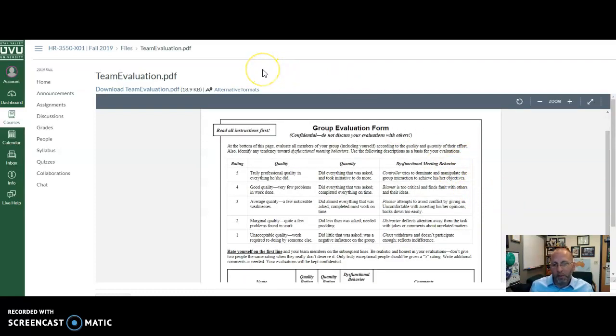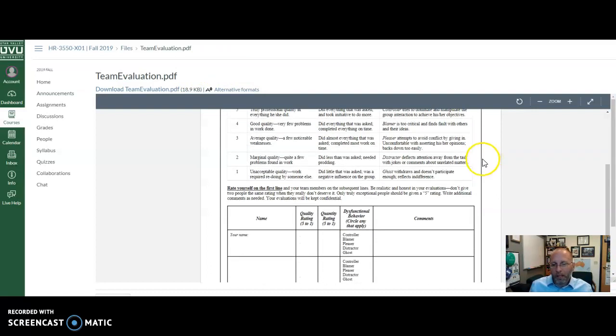You also have the ability to fire people off of your team. So if you get into the project a little bit and you have someone who not only isn't contributing, but maybe they're really distracting or they're inhibiting, it is an option that you could fire that person off of your team, and then they will have to do an alternative project. In the 8 years I've been teaching this class, that's happened exactly one time, so I don't anticipate that needing to happen. Most of the time, those sorts of things can be resolved,